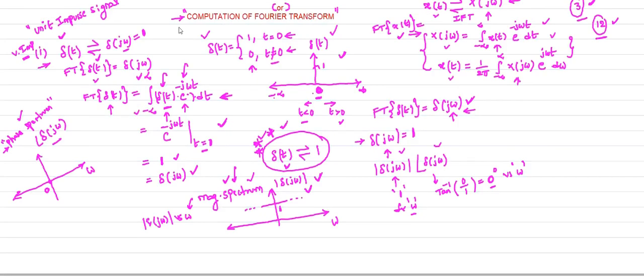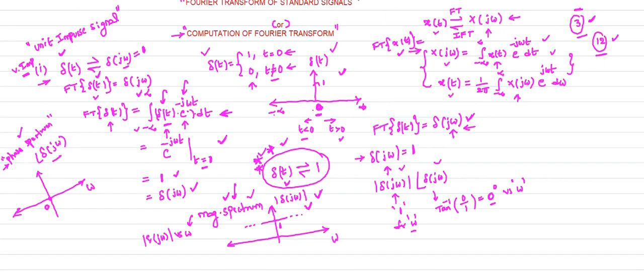Fourier transform of the unit impulse signal. Clearly observe here, you just use this formula. You can remember these two formulas, very important. Throughout the Fourier transform, these two formulas play an important role. So using these two formulas only, we are going to learn everything. In the process of computing the Fourier transform of the standard signals, we also use this formula.